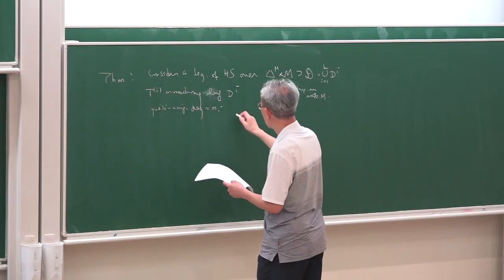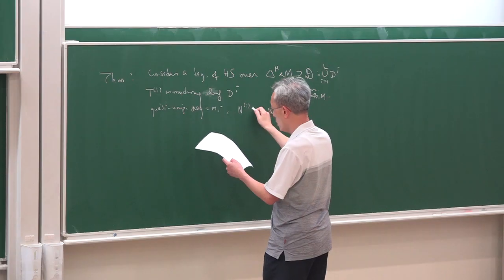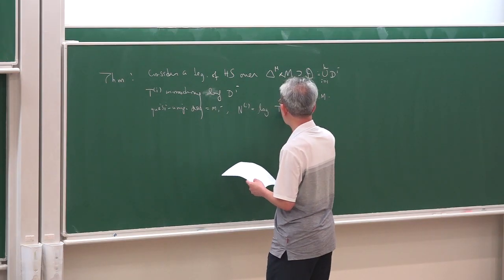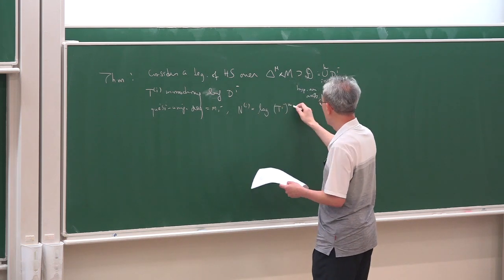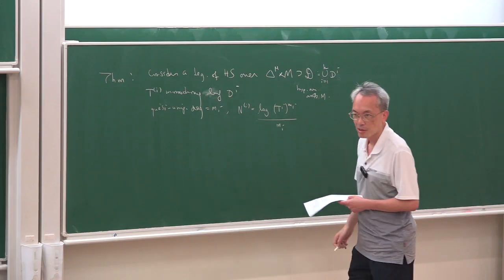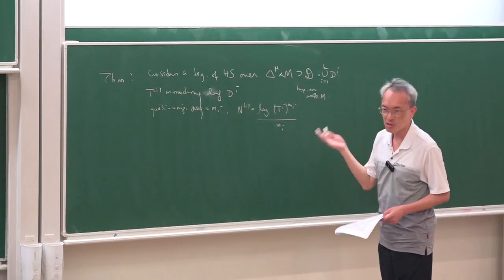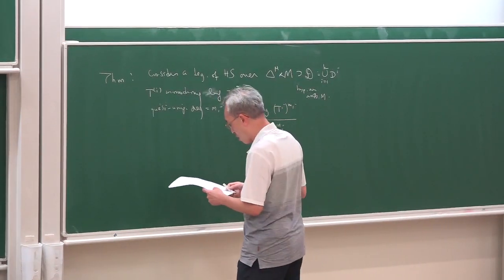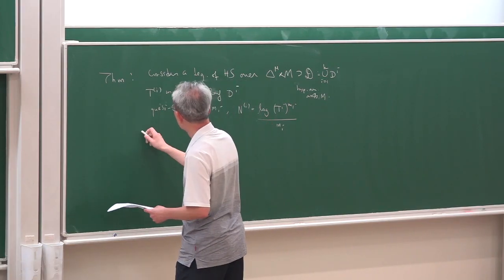And then we take Ni, which of course is now log of Ti raised to the power mi, and then take log and divide by mi. I just try to make it more general. But in our case, mi is just 1. Okay? The most important assumption is assume